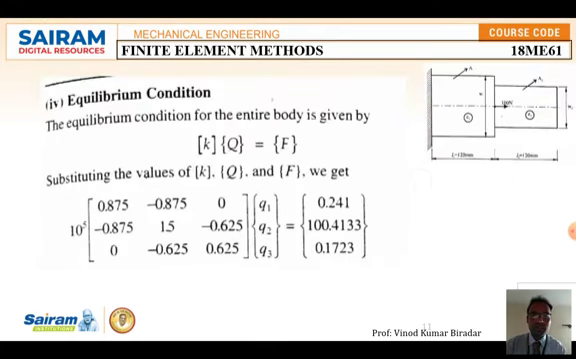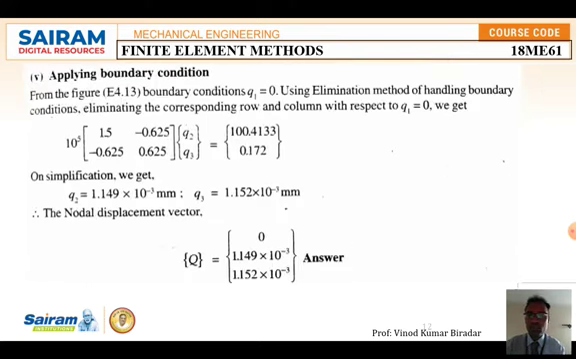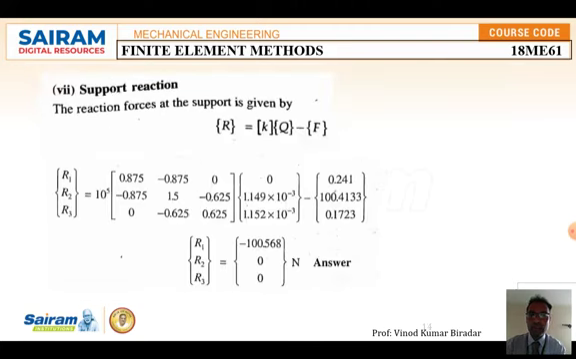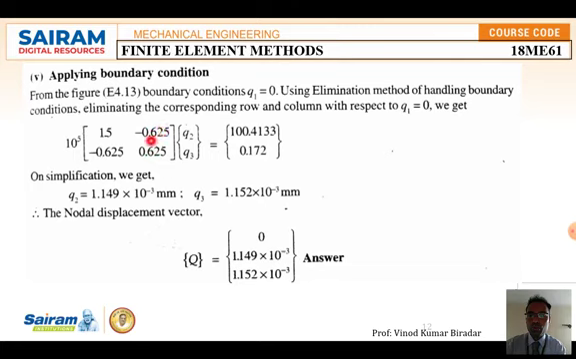So apply the boundary condition. Since in the given question, in the given diagram, node 1 is fixed, delete the first row and first column. I will repeat again, node 1 is fixed in the given problem, so according to the elimination method of handling boundary conditions, the first row and first column you have to delete, so the remaining is 10 to the power of 5 times 1.5 like this. And solve this equation, you are going to get the q2 value and q3,